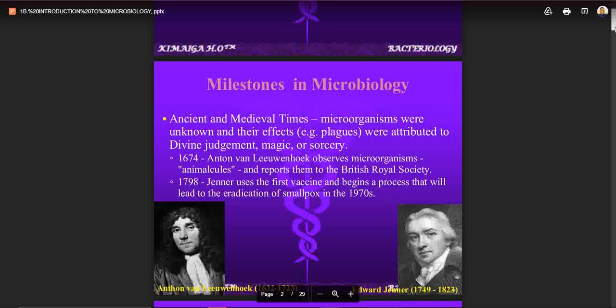Exaggeratively, religion was controlling everything, and even a diseased state was called a curse from the gods. So treating somebody, giving out an act of management or medical care, would be a curse to you too, because you are correcting what the gods had cursed. So people could leave you to die because of that exaggerated notion. So in ancient and medieval times, microorganisms were unknown, and their effects were attributed to divine judgment,